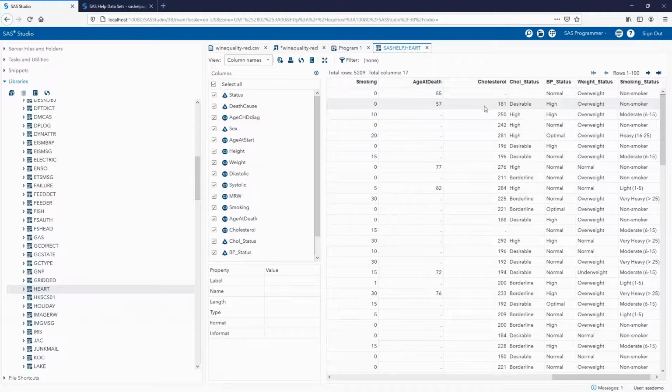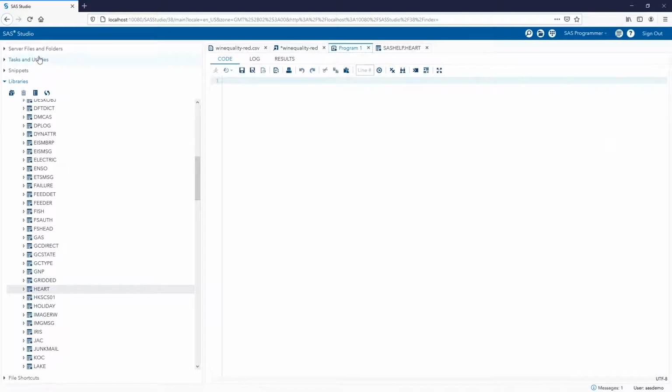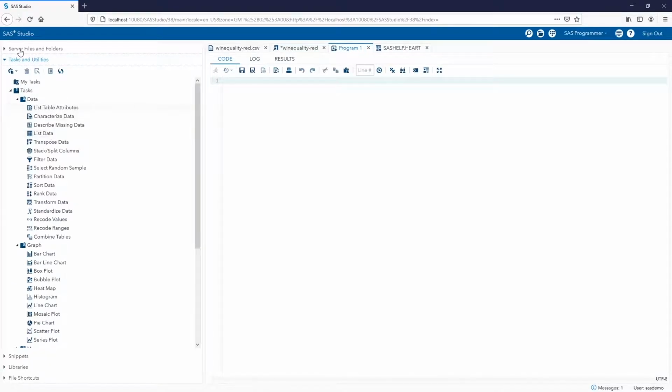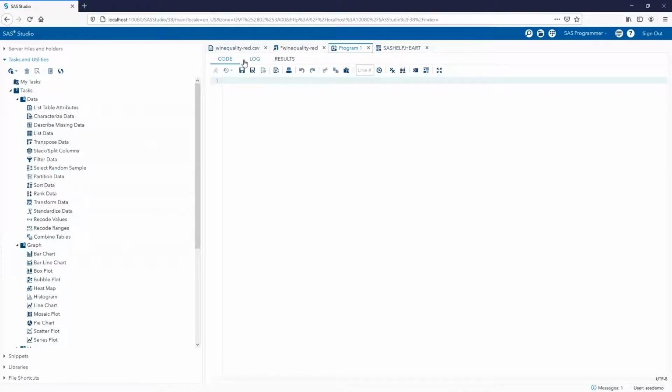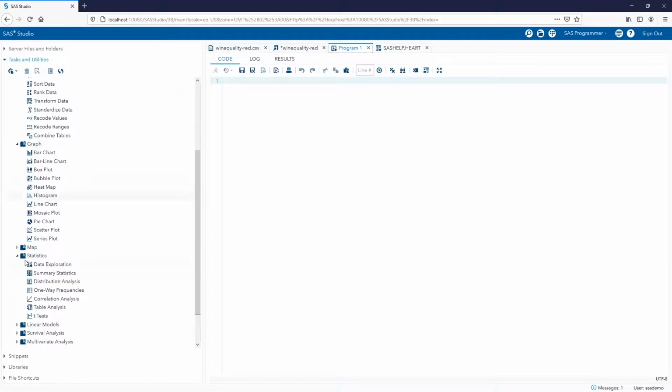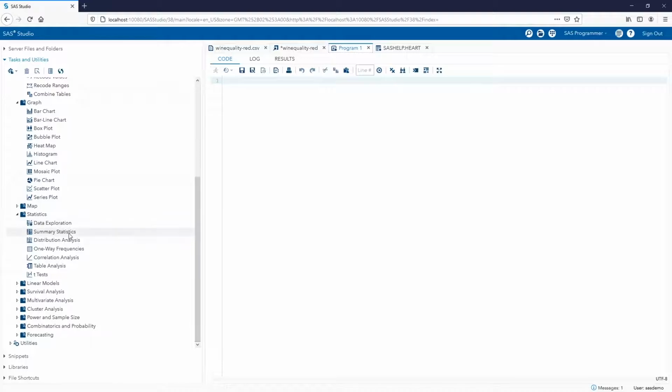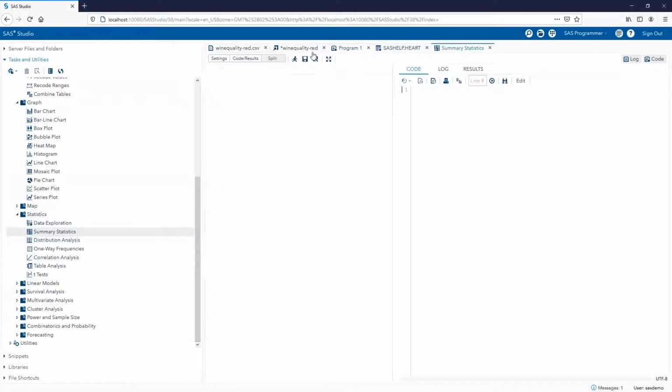Okay, so let's have a look at a few of these variables and try to plot them, and look at the proc means, the summary statistics for these variables. So let's draw up some basic summary stats. Just to recap, you go to Tasks and Utilities, and then under Tasks and Utilities, you scroll down to the Statistics tab, and you'll find Summary Statistics.